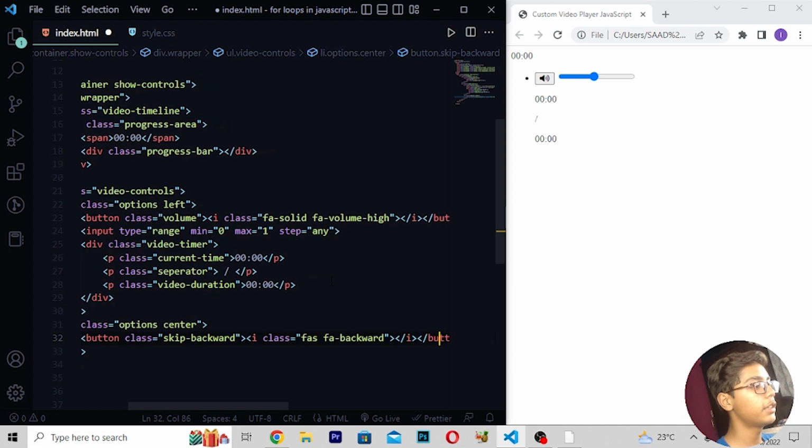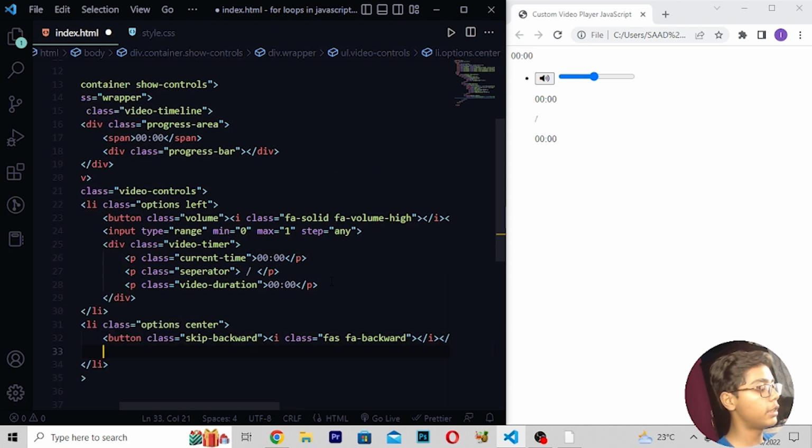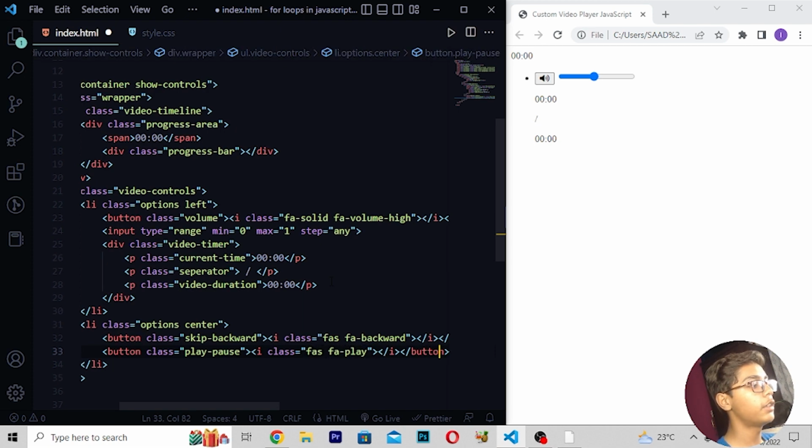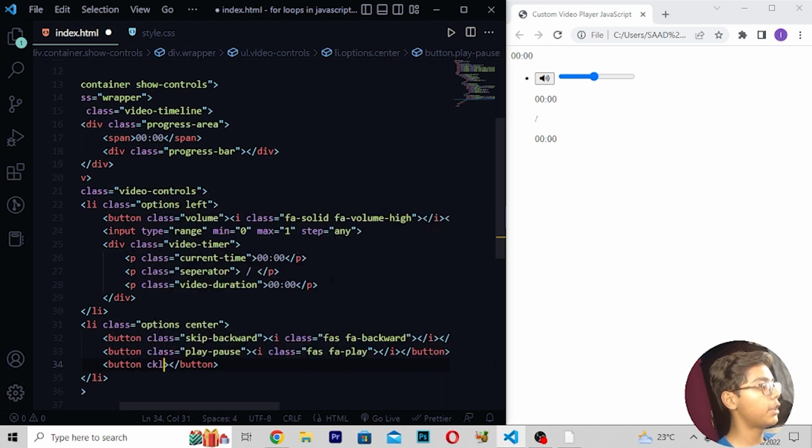Then here I will be moving down, right here button, and right here class. So here I will be pressing Control Z, right here class which should be play-pause, like this. Then you have to move here, right here i tag class which should be fa-play like this. Then here I will be writing button class skip-forward.